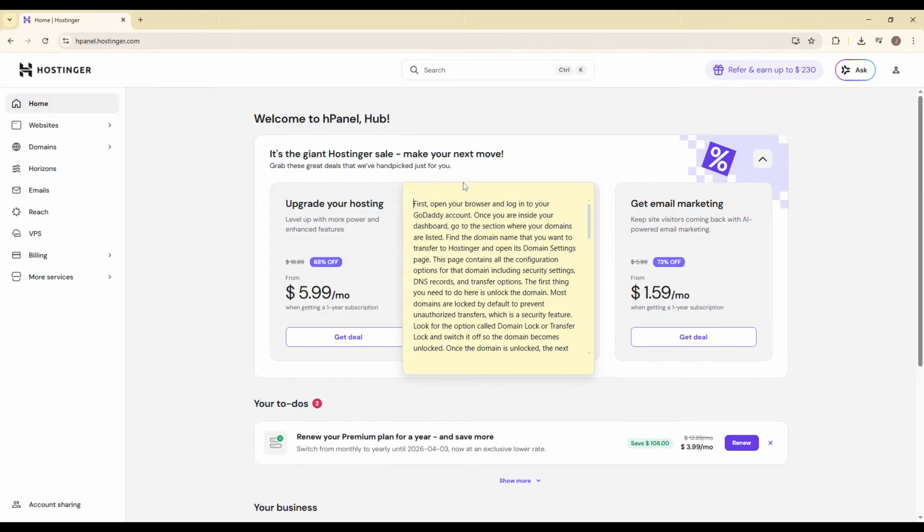In today's video, I'm going to show you exactly how to transfer a domain from GoDaddy to Hostinger step by step. If you bought your domain on GoDaddy but want to manage it through Hostinger instead, this process is actually very simple and only takes a few minutes to start. Transferring your domain can help you keep everything in one place, especially if your hosting and website are already on Hostinger. In this guide, I'll walk you through unlocking your domain in GoDaddy, getting the authorization code, and completing the transfer inside Hostinger. By the end of this video, you'll know the complete process and what to expect while the